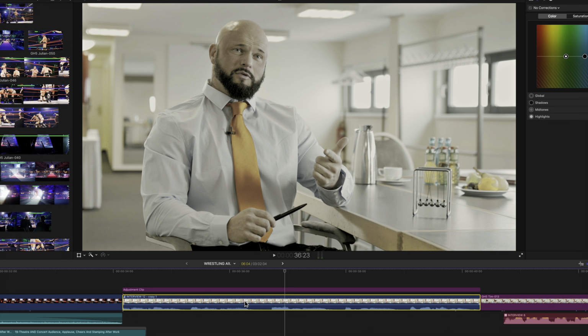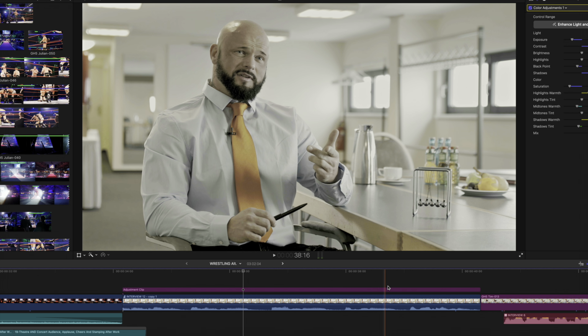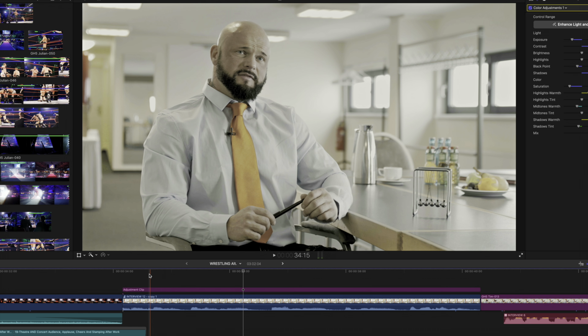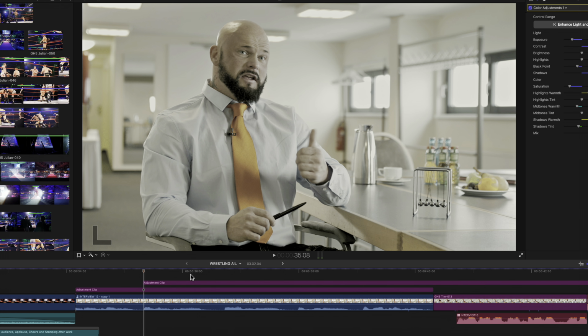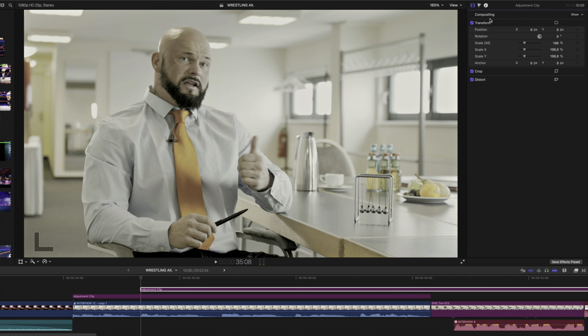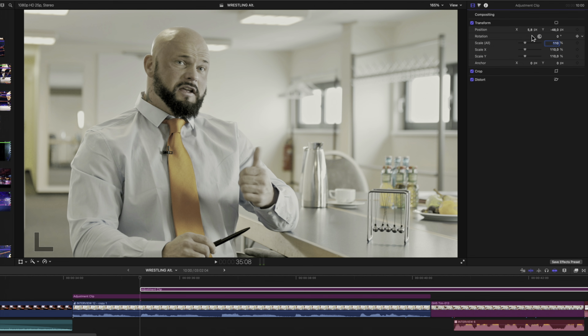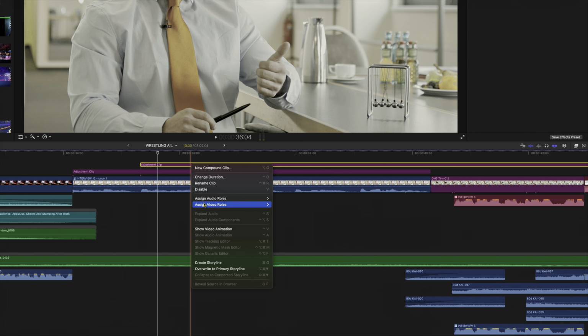Now, I want to scale up the clip with every count, but again, don't want to have to fiddle with keyframes, which I would have to do if I use the same adjustment clip. So I'll go to where he lists his first item, which I can see in the audio waveform, and press Option A to create a new adjustment clip here. Now I can go to the adjustment clip's transformations and scale the clip by 10% and adjust the position as needed. Now, I'll right-click the second adjustment clip and assign the transformation subrole to it.